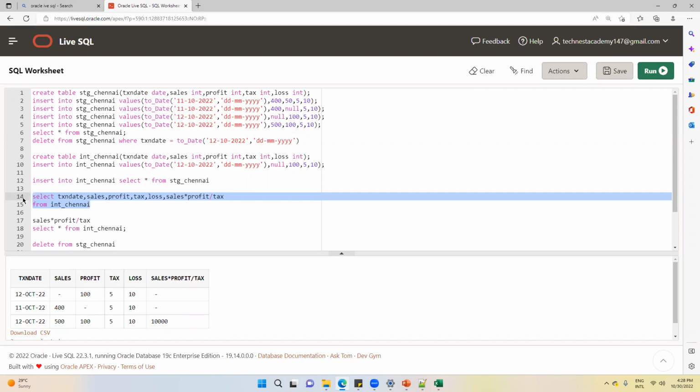Tester will catch it. He will tell that where is the data in staging, how is it loaded directly into the integration layer. Technically, it is possible. You can load data anywhere, but your tester will catch it. He will tell that how directly you loaded data in integration layer. Where is the staging layer data? He will raise a defect, right? Because testing happens on each and every stage.